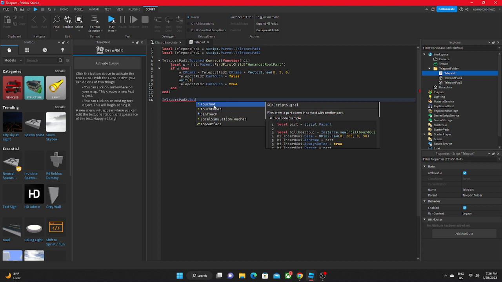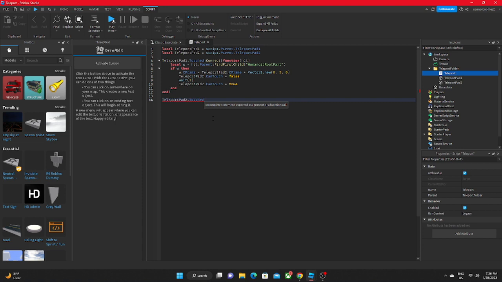So Touched. We've got to make that event. Connect function hit. Since we've done this, as you can see, the game adds it automatically, and it already ends the entire function at the bottom. So local w equals hit.Parent